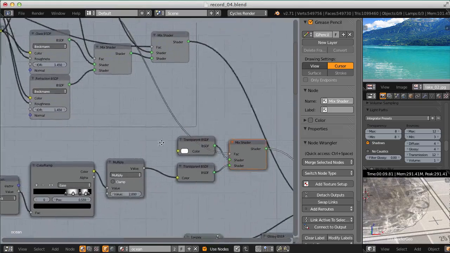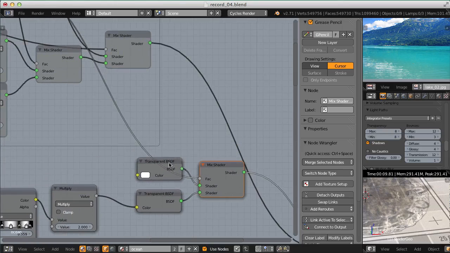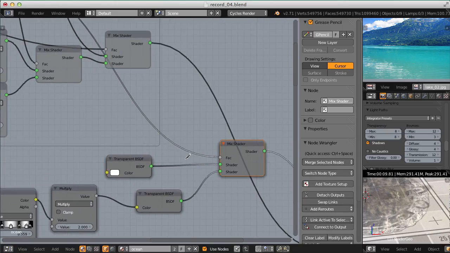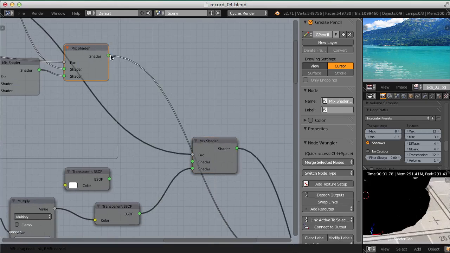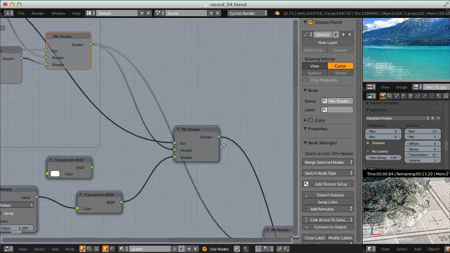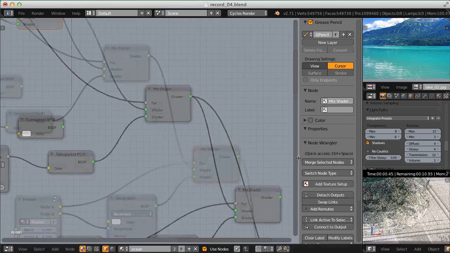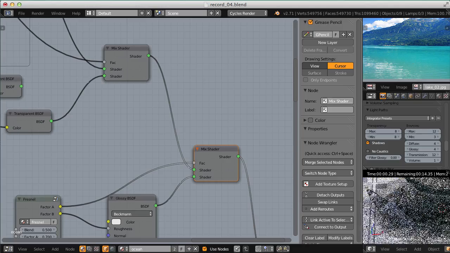So at this point, I'm satisfied with the way the caustics look by themselves. Let's now implement them into our overall ocean shader. We can cut the connection of the transparent BSDF, the upper transparent BSDF, and now we'll plug in the shader output from our refraction nodes, plug that into the upper socket of the mix shader, and then connect that into our reflections. So here we have the combined effect, and it doesn't look too bad, at least in certain spots,